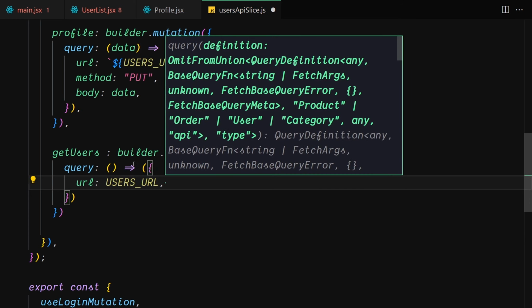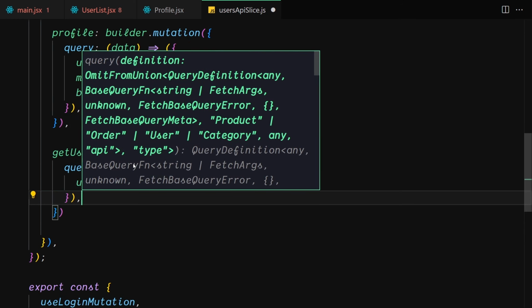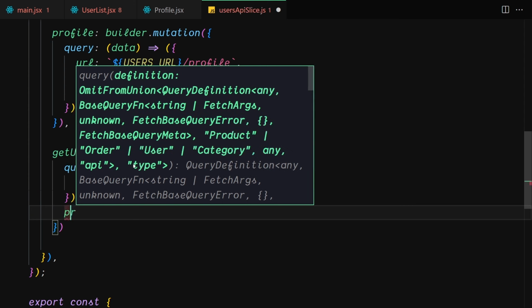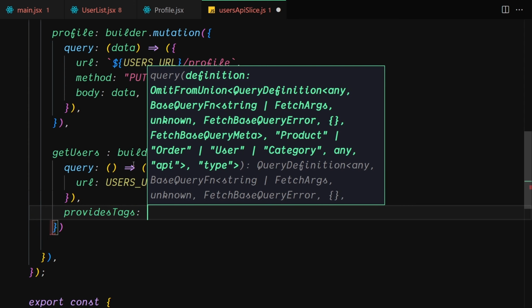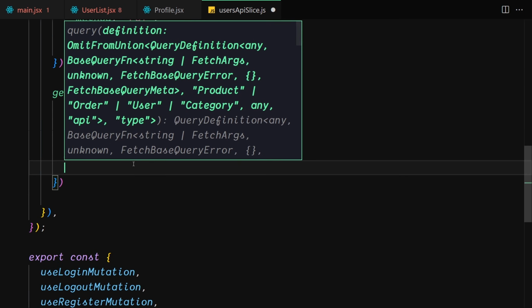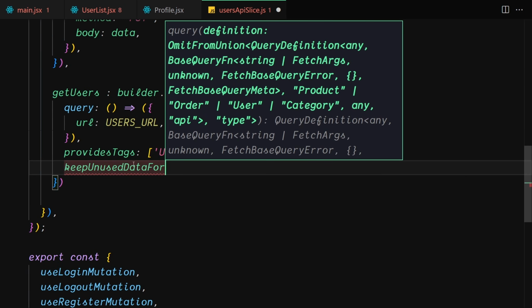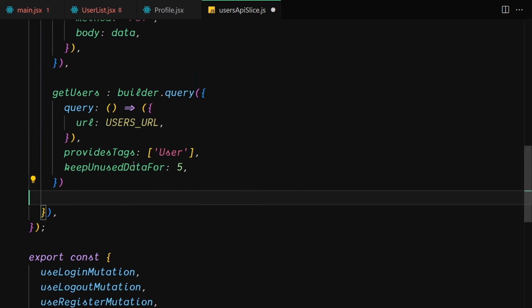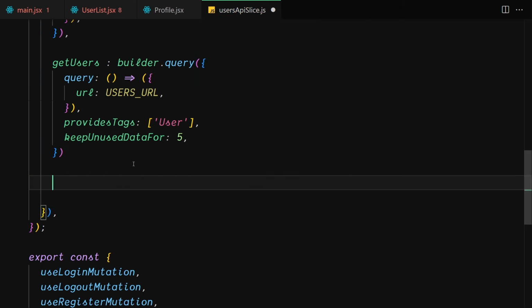I'm going to provide a comma, and underneath that we are also going to be providing the provided tags, and it will be equal to just a user right here. Let me provide one more comma, and I'm going to provide keep unused data for. Let's just set that to 5. So this is going to be the get user query right here, and then we have a delete user, and delete user will be equal to